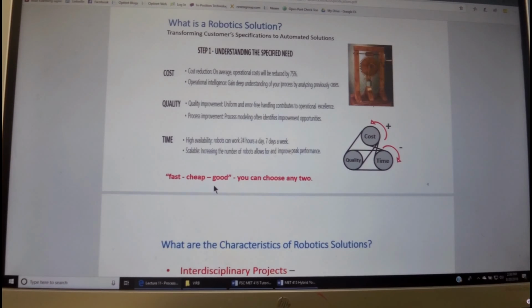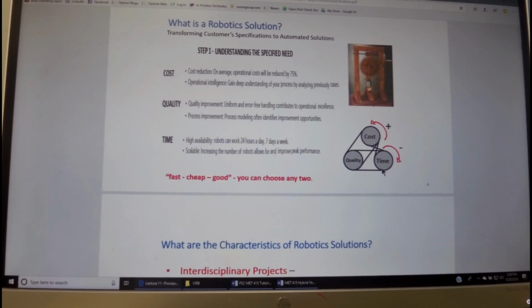We can only pick two. The other one is going to be dependent. If we are looking for high quality, the cost is going to be higher. If we're looking for high quality, the time will be higher.